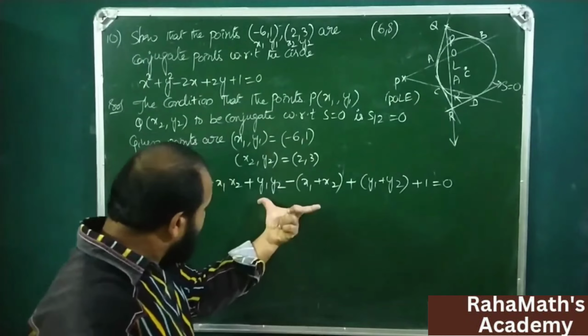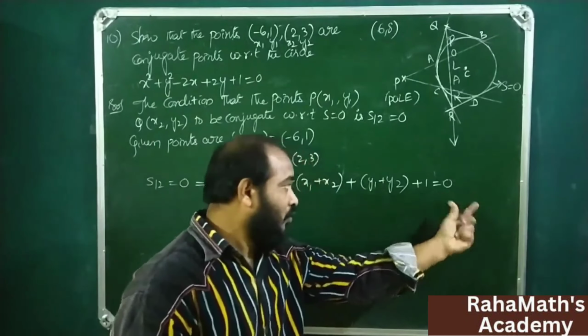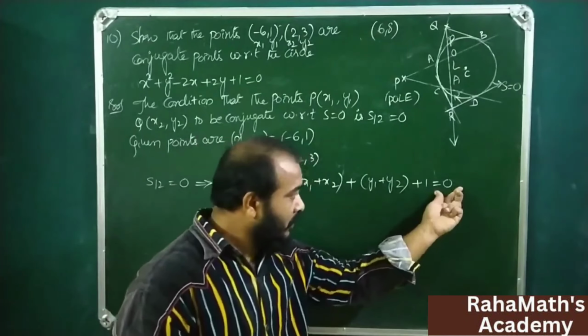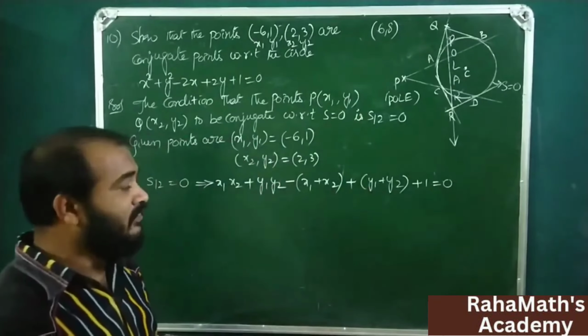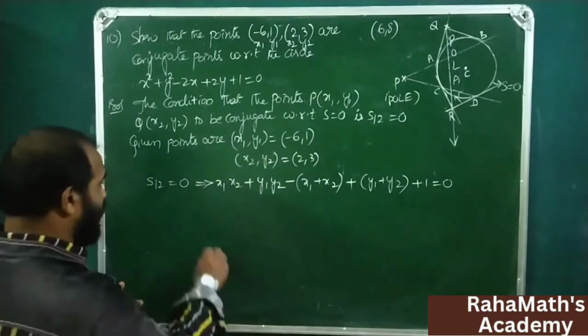That means this value is 0. So I am not taking 0. So we need to get 0. If we are getting this 0, then yes, we can say that the 2 points are conjugate points, for which